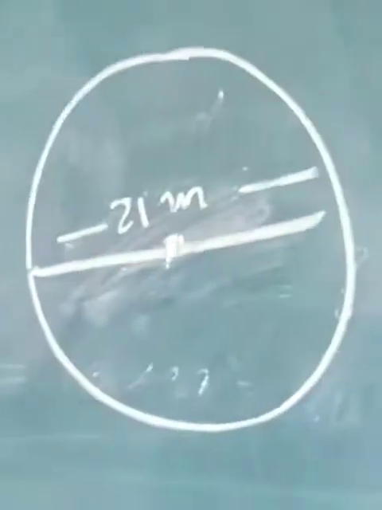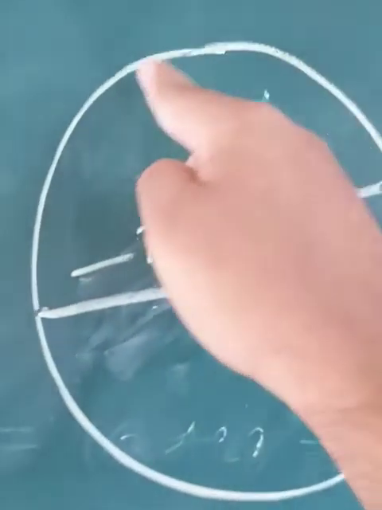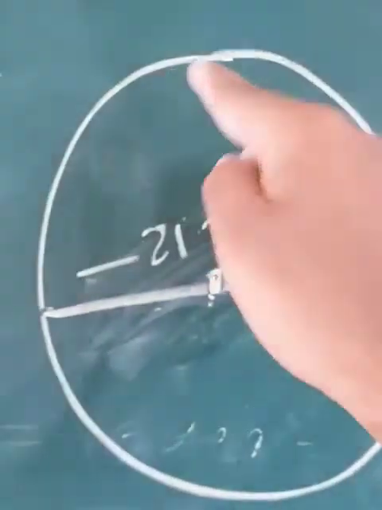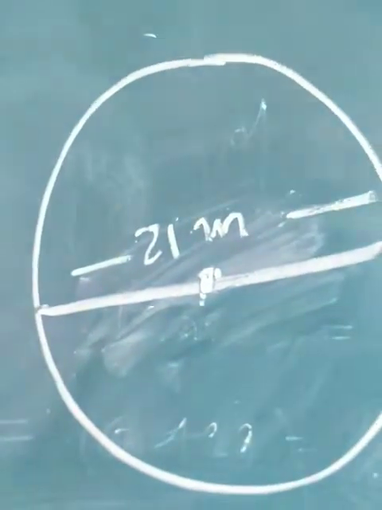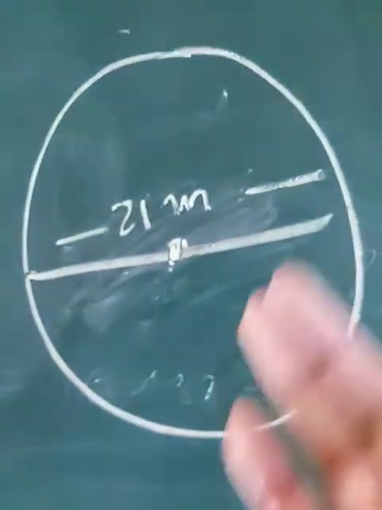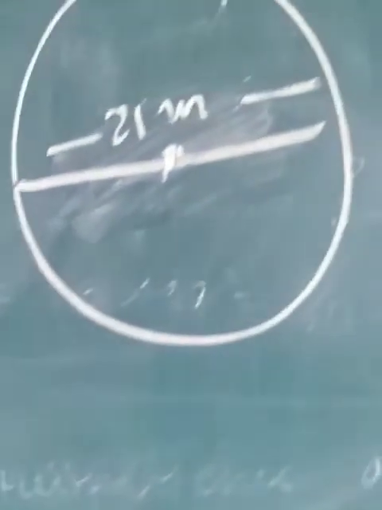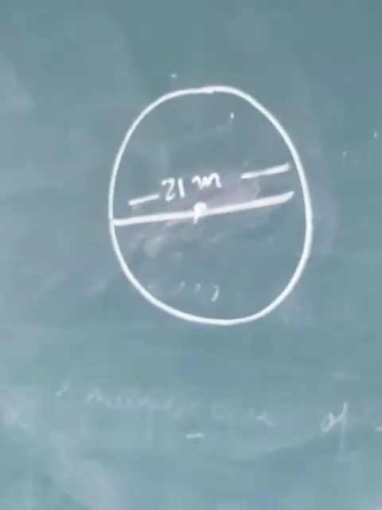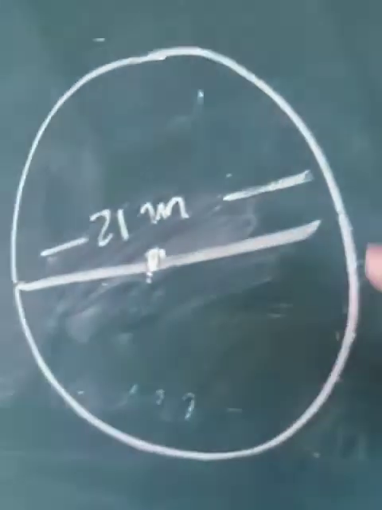Okay. So if he wants to fence the circular garden, then what he is doing? He is completing the whole circle. That is, he has to cover this whole outer boundary of the garden. So in other way, we can say that we have to get the circumference of it, isn't it? Because ultimately you have to get the total length of the rope. Okay, the total length of the rope would be equal to the circumference of the circle.